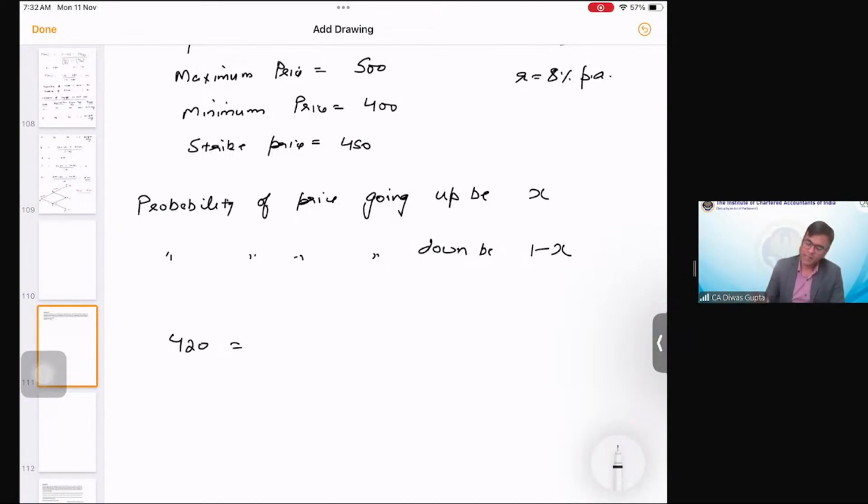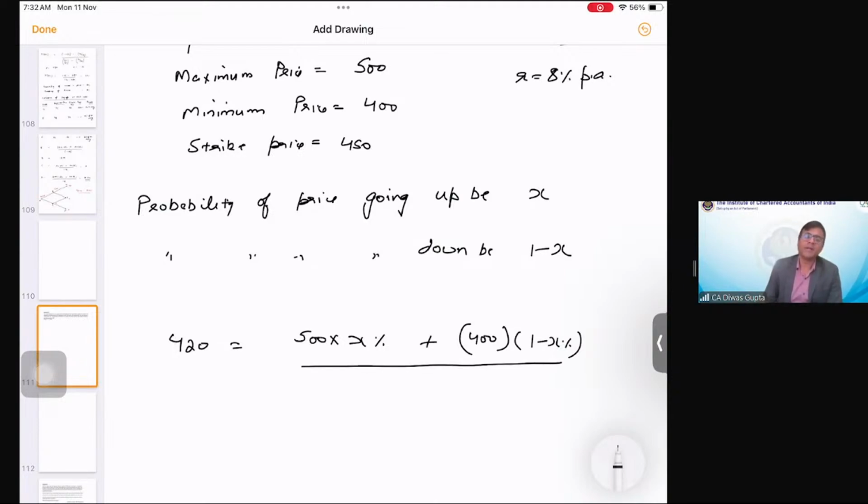So the current price is 420. The higher price is 500 into X percentage. I'm just keeping X for denoting the probability, plus 400 is the price going down, and 1 minus X percentage is the probability of the price going down,